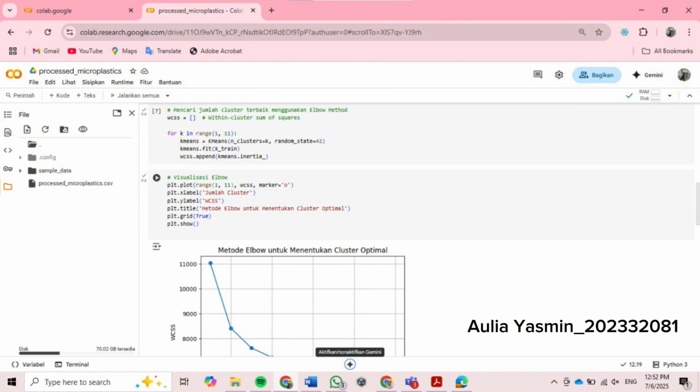In the result plot, we can see a sharp drop in WCSS between 1 to 3 clusters. After 3, the curve flattens. This elbow point at k equals 3 tells us that 3 clusters is the best choice because adding more clusters after that doesn't reduce the error significantly.